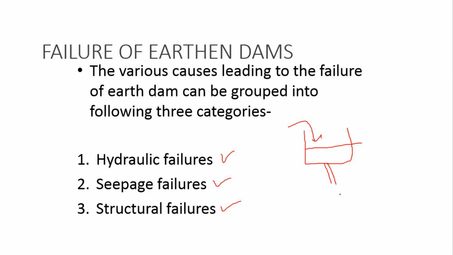Generally hydraulic means, whenever we are inserting the pipes, there is excess water or pipe leakage. At this stage also we are having a drag force. We have seen this in our applied hydraulics. Drag force is there. If the force is not correct, then due to this water leakage, some hydraulic failure will happen. And structural failures are like load distribution. If there is excess load, then wave action, wind action, earthquake, all these we can say are structural failures. But we will see them in some depth here: what are hydraulic failures, seepage failures, and structural failures?